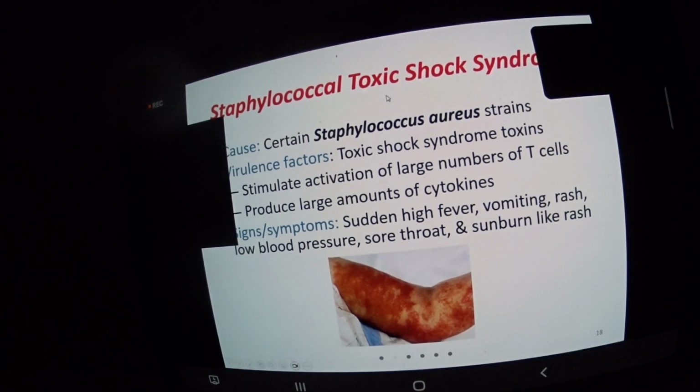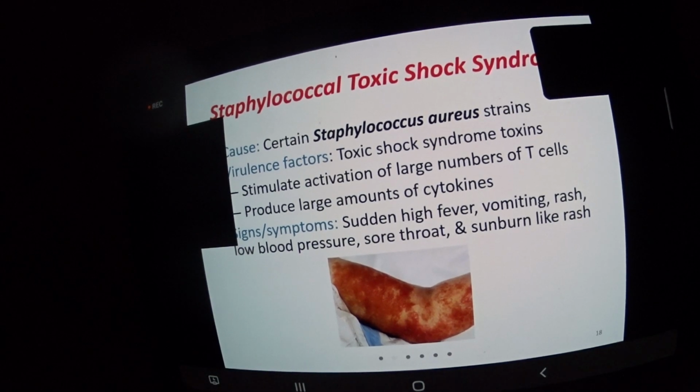First one, many females have heard of this, especially upon menstruation, they've been told about this. Any feminine product has this on it. Staphylococcal toxic shock syndrome. If you recall in the immune system, when I had the animation for helper T cell activation, they started talking about superantigens toxins.